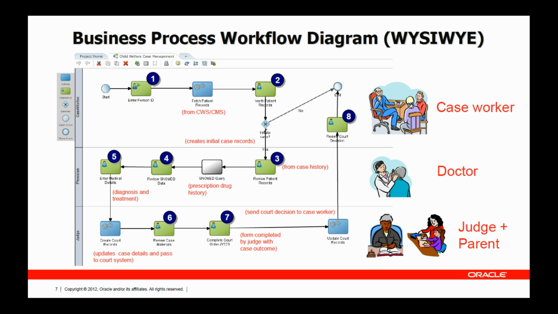So if we step through this, the start of the workflow is entering the person ID for the child, retrieving their records from the case management system for the child welfare system, then verifying that that's the correct set of records and that they're complete. If they're not, then obviously that has to be remediated. If they are, then we go ahead and initiate the case. The initial case records are created within the BPM process, and the